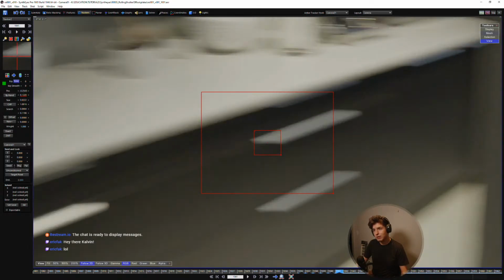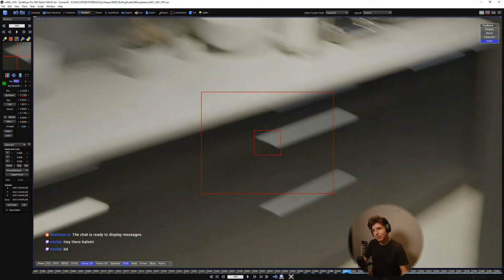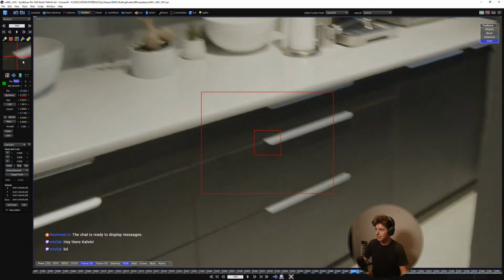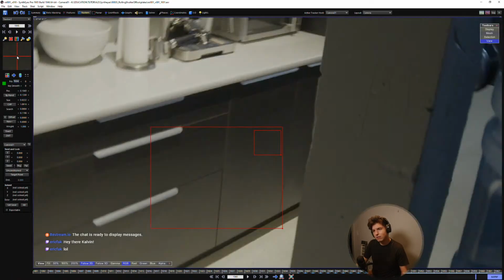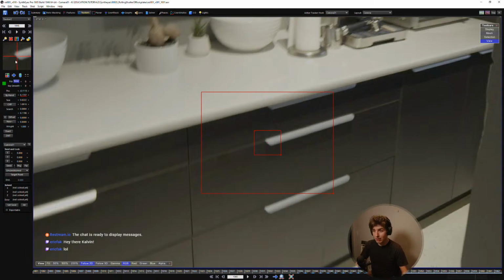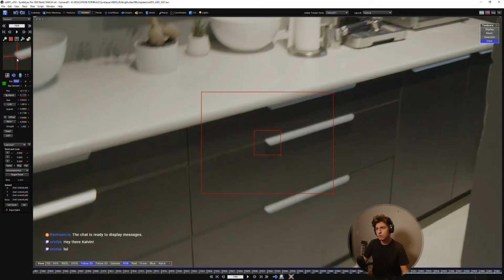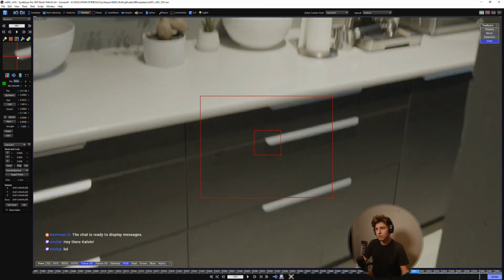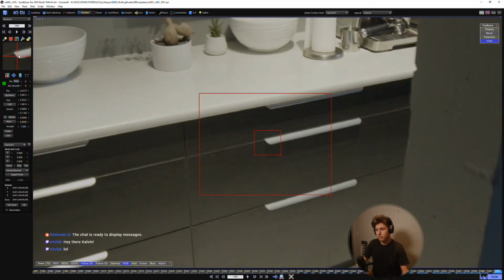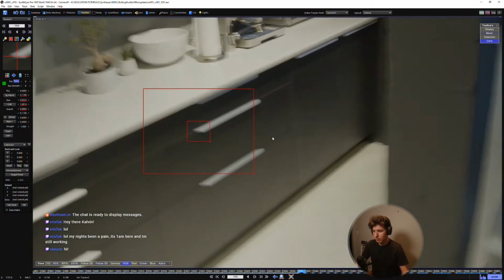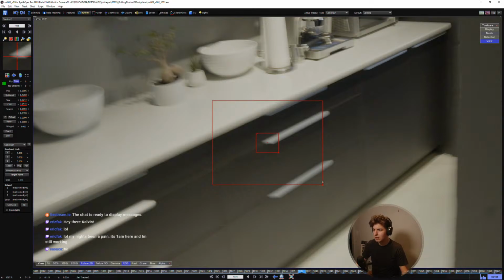Man, based on that one track that I put down, this is going to be a massive pain in the ass. Oh yeah. Kind of wish I started tracking a bit more of this beforehand. This one's going to be awful. Thankfully, I also don't need a lot of points because I'm not serious about the shot. This is just a test. But a lot of the rolling shutter that's done nowadays is